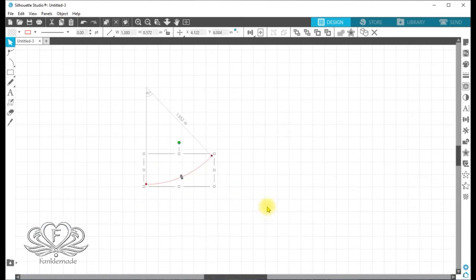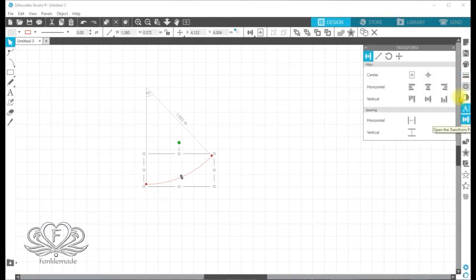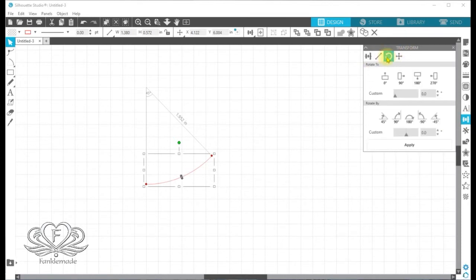With that, I can then go over to the right hand menus over here, click on the transform panel, and up here we have a rotate. We have custom rotate by however many degrees you want. And what I found is, whatever the degrees are up here, you half them and put them into the custom selection here. So for 45 degrees, I want 22.5. And just click apply,